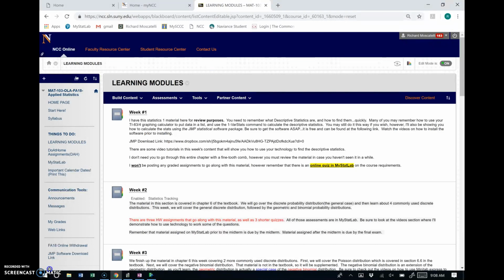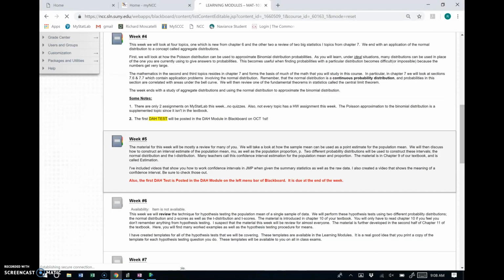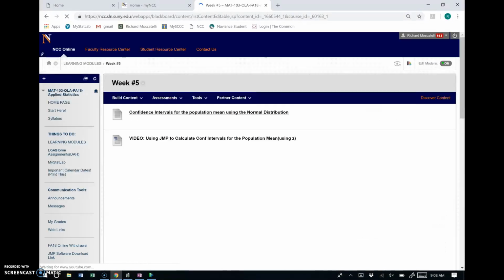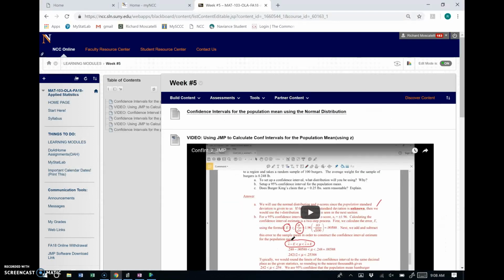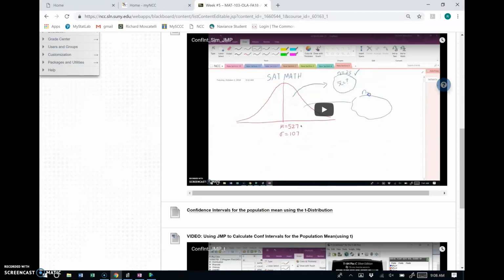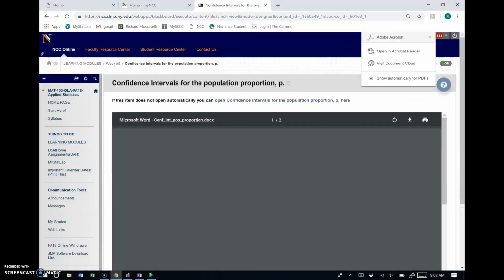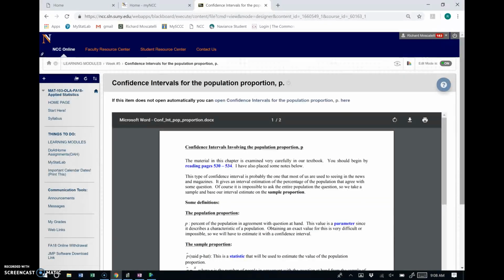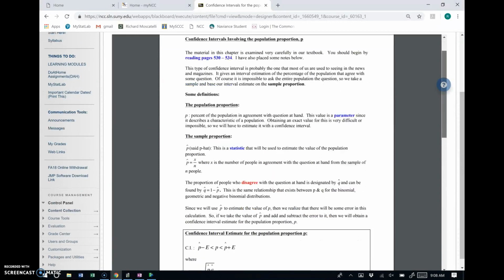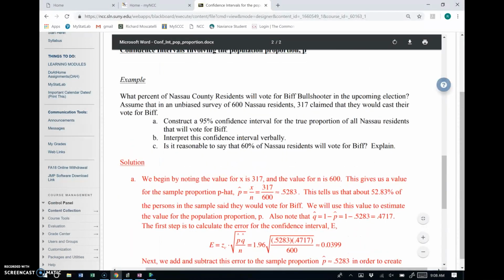All right, so what I'm going to do first is go to the week 5 material in Blackboard. And we have a PDF up there for the population proportion: confidence intervals for the population proportion P. And this is just my notes that I've constructed for you. But at the end of the notes, there's this example here